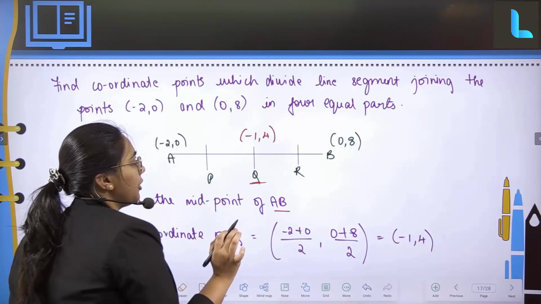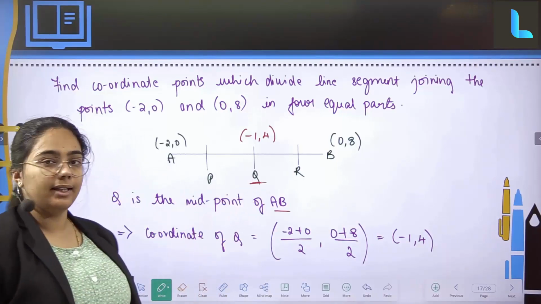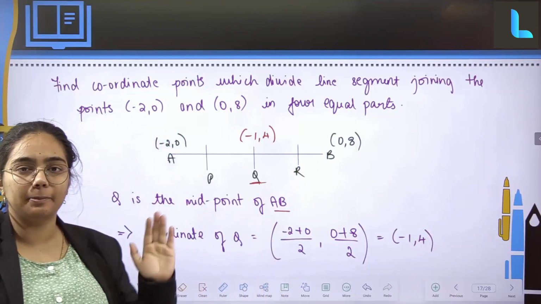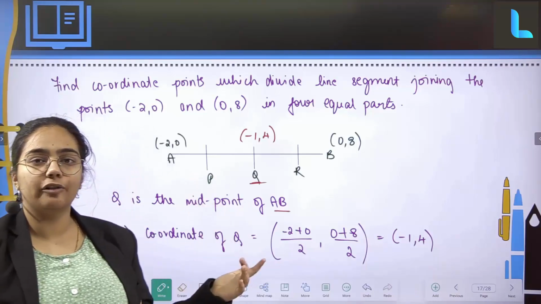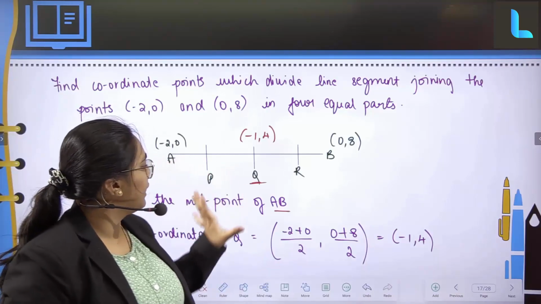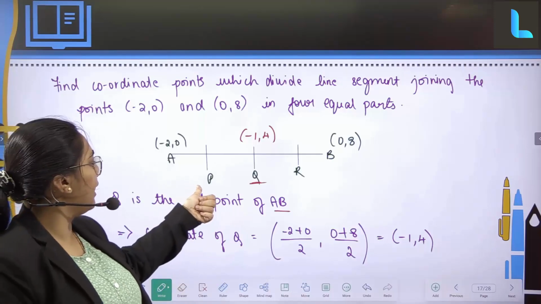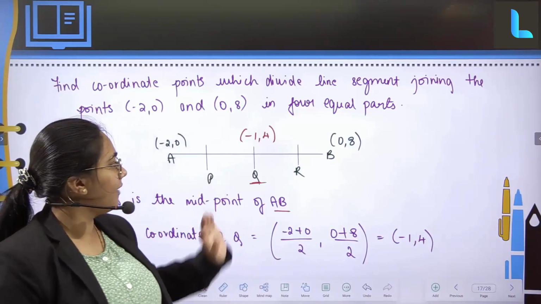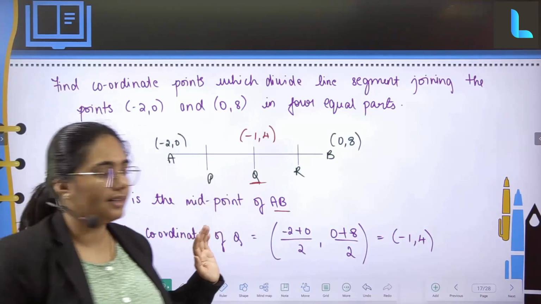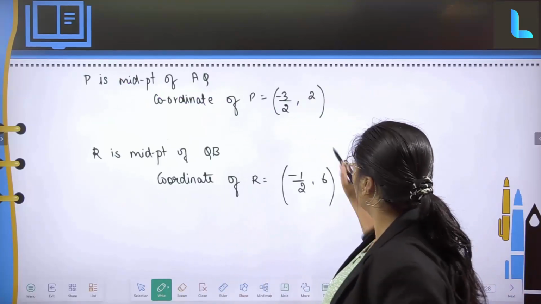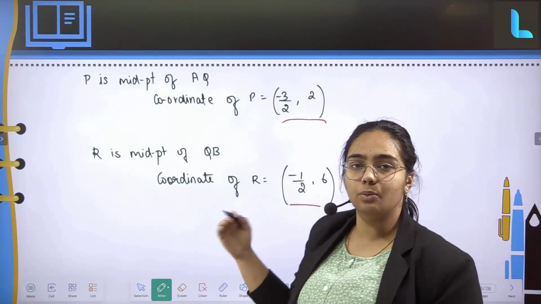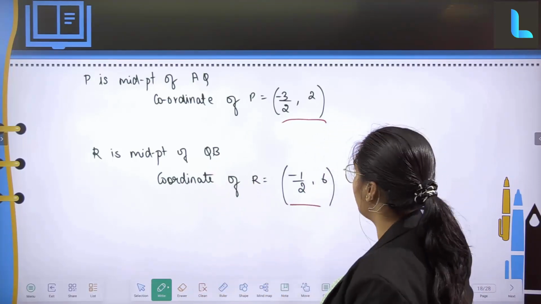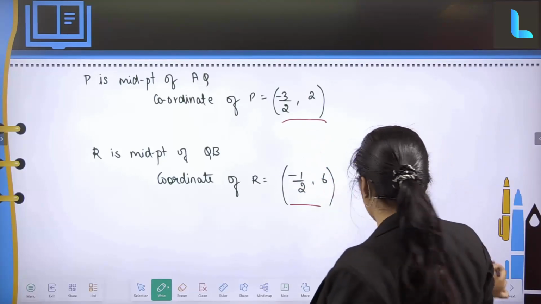So now P is going to be the midpoint of AQ. Agreed. P is going to be the midpoint of AQ and R is going to be the midpoint of Q and B. First find out Q. Once you find Q, consider AQ as a line segment, and then P is going to be the midpoint of it and R is going to be the midpoint of QB. You already have the point Q, so you can easily use the midpoint formula and find out the points. Finding the points is what they have asked for. Coordinates of P, Q and R we have found out. Just apply the formula and you will be getting these answers.